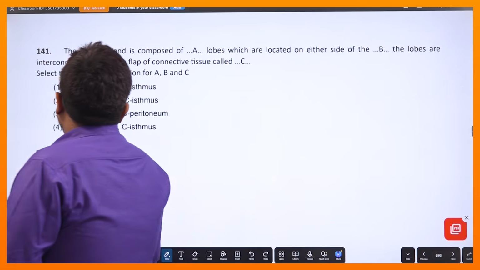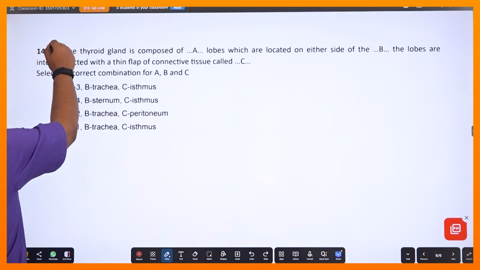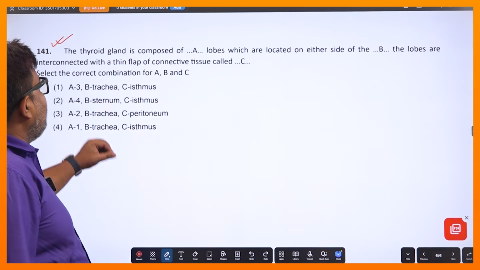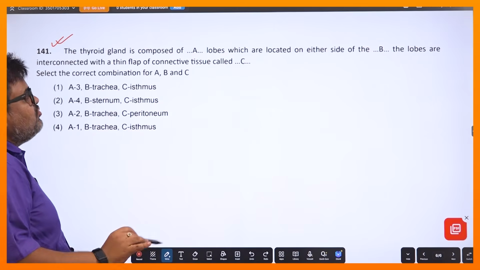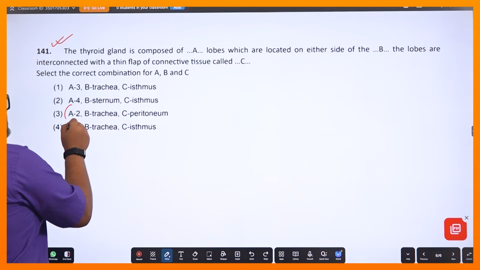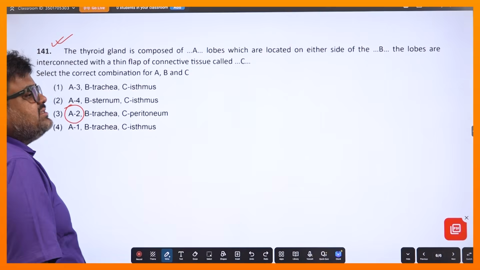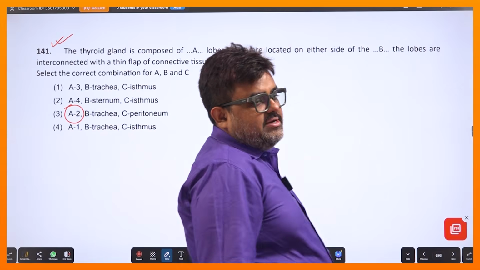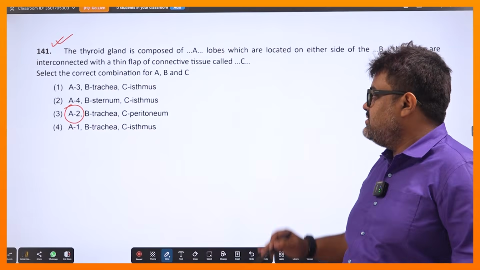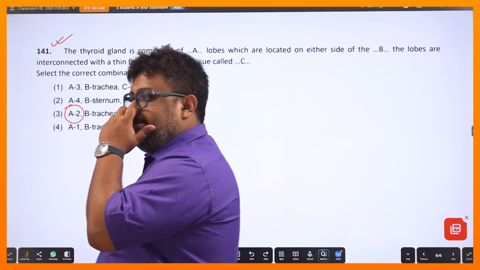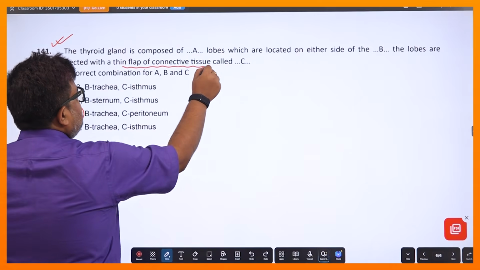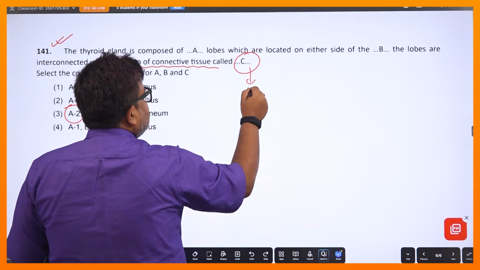নেক্সট যদি আসি, এটা তো খুবই, এখানে একটা কথা বলতে চাই আমি, যদি আমি এই স্টেটমেন্টটা পুরোটাই যে এনসিইআরটি থেকে তোলা, তোরা সবাই বুঝতে পারছিস কিন্তু, ঠিক আছে। তো থাইরয়েড গ্ল্যান্ডের মধ্যে বেসিক্যালি 2টো লোব থাকে, তো দেখ যদি 2টো লোব থাকে তাহলে a ইজ ইকুয়াল, এটা যে 2 এটা একমাত্র অপশনে আছে, আমরা কিন্তু এখান থেকে ব্যাপারটা থেকে বেরিয়ে যেতে পারি। আই হোপ তোরা বুঝতে পারছিস, বাকিটা আমার পরে পরে লাভ নেই। কিন্তু এখানে আমি একটা কথা বলতে চাই, এই যে থিন ফ্ল্যাপ অফ কানেকটিভ টিস্যু, এনসিইআরটি তে এটা লেখা আছে হচ্ছে ইসথমাস,